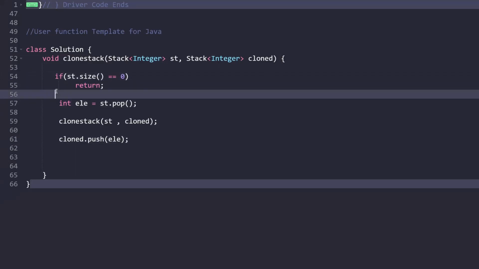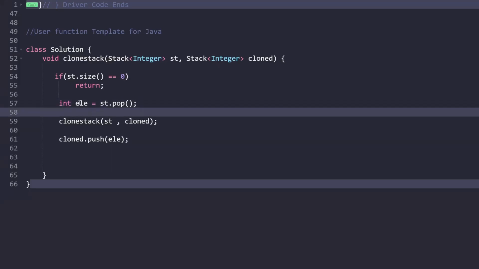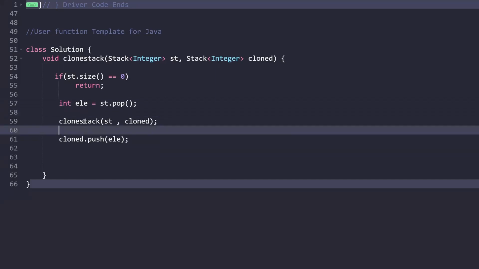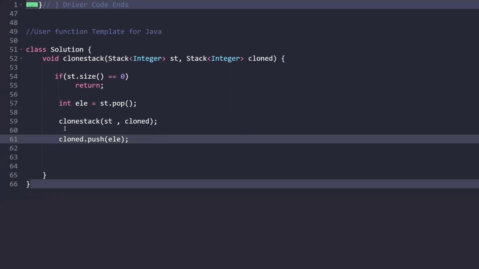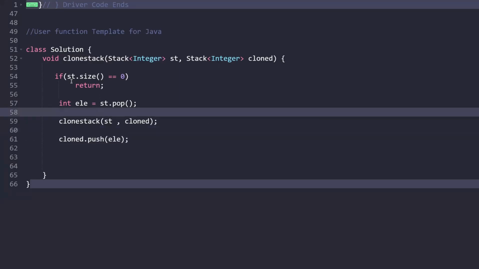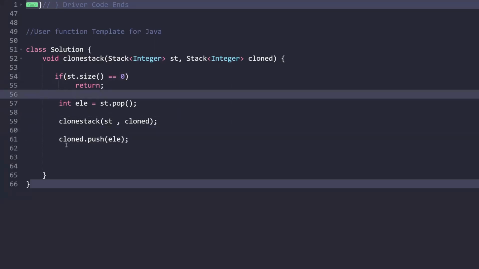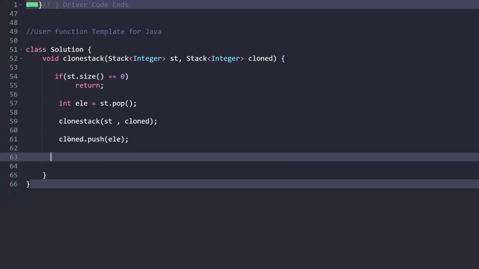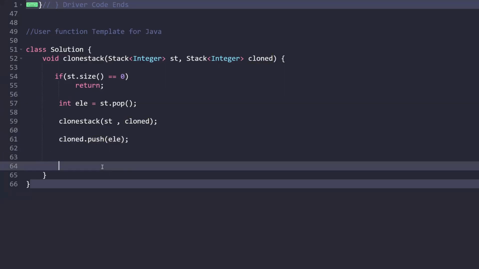Other than this, we are popping out the top element of our stack and storing it in a variable le. Now again we are making a recursive call to our function, passing our updated stack as well as the cloned stack. We are continuously doing this recursive call, and when the base condition is met, this is the process we do: in our cloned stack we push the element, right?